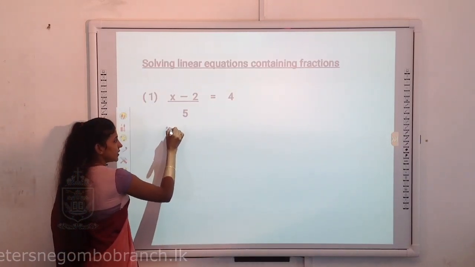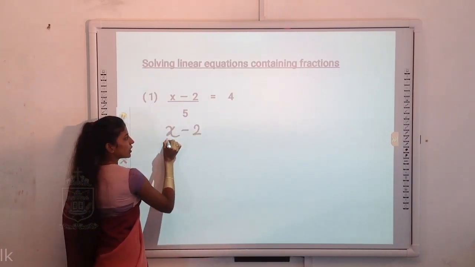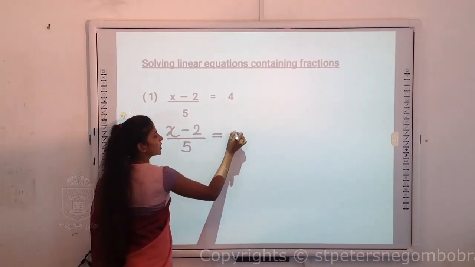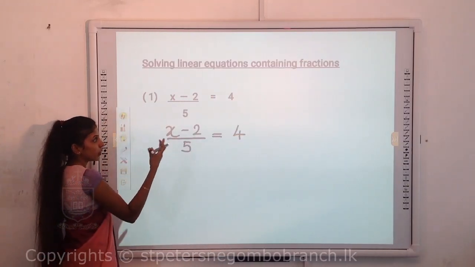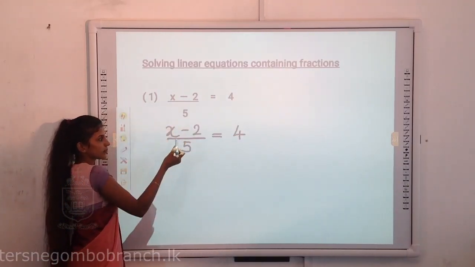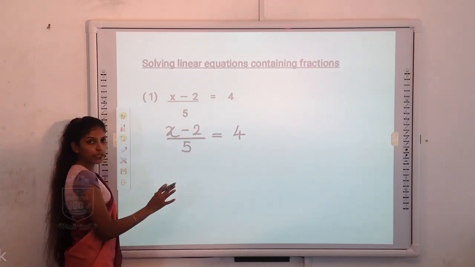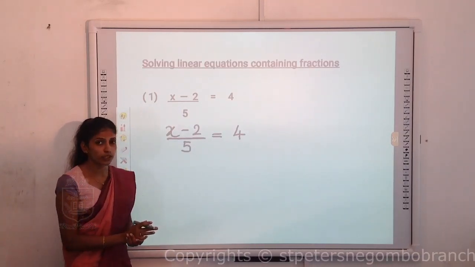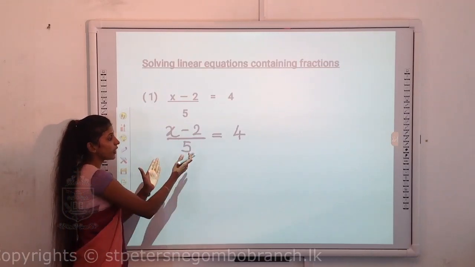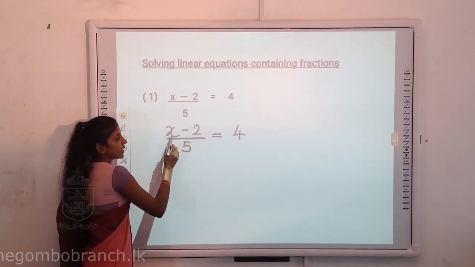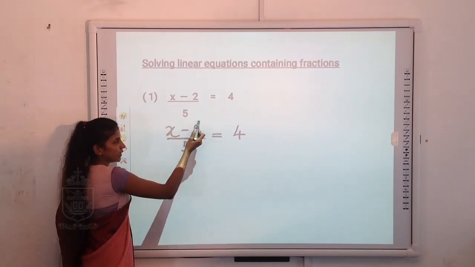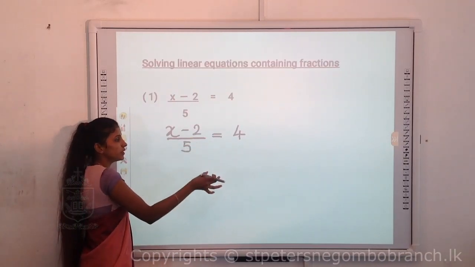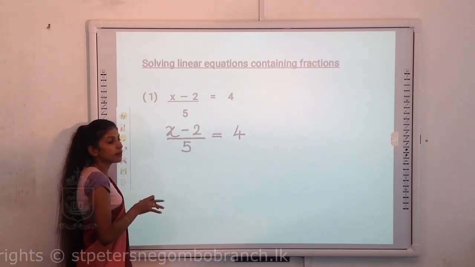So now you all can see x minus 2 divided by 5. It is divided by 5. So what we have to do is to find x. What are the terms that you have to remove here? 5 should be removed, minus 2 should be removed. Now we can't remove both at once. We have to remove 5 at first. Why? You all can see this x is connected with minus 2. It's an expression, but this is just a number. So it's easy for us to remove this number first without removing this minus 2.